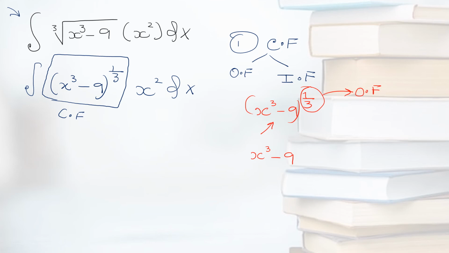So once you recognize the inner function, ask yourself, what is the derivative of the inner function? The derivative of the inner function is 3x square. Then check, do you have 3x square in the question? You have x square, but the constant 3 is not here. The constant 3 is not present in the question. So in that case, you write the 3 as it is in order to write down the derivative beside the composite function.